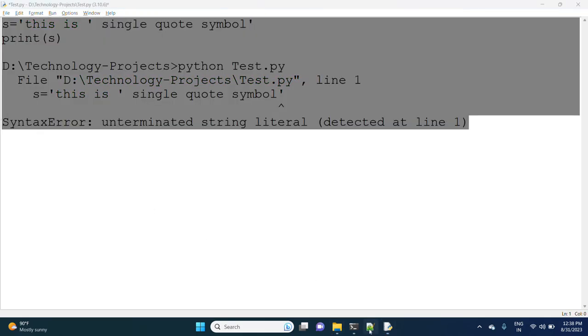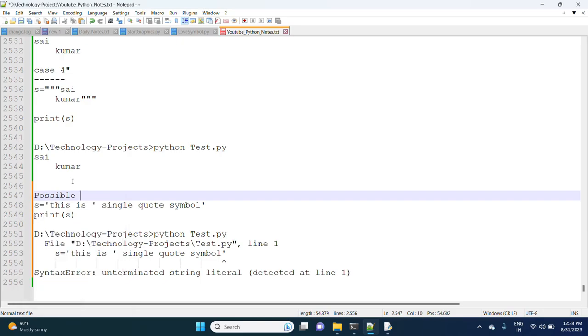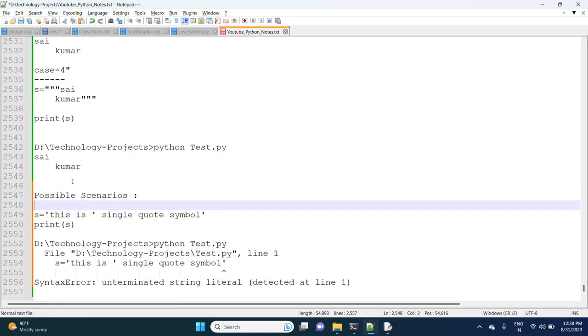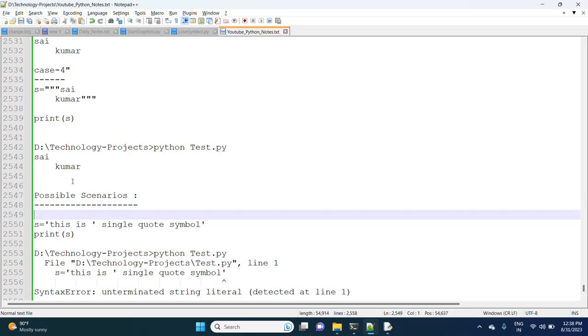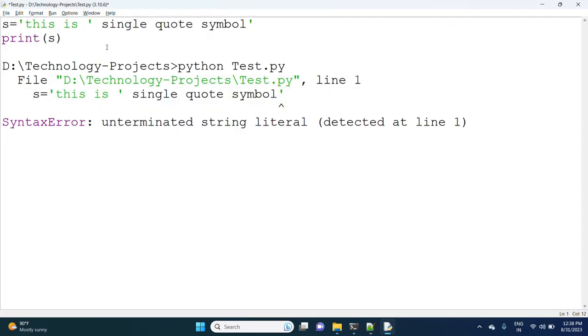Now, these are possible scenarios. But now I want to print that single quote symbol, which means we have to go for a slash, a backslash.